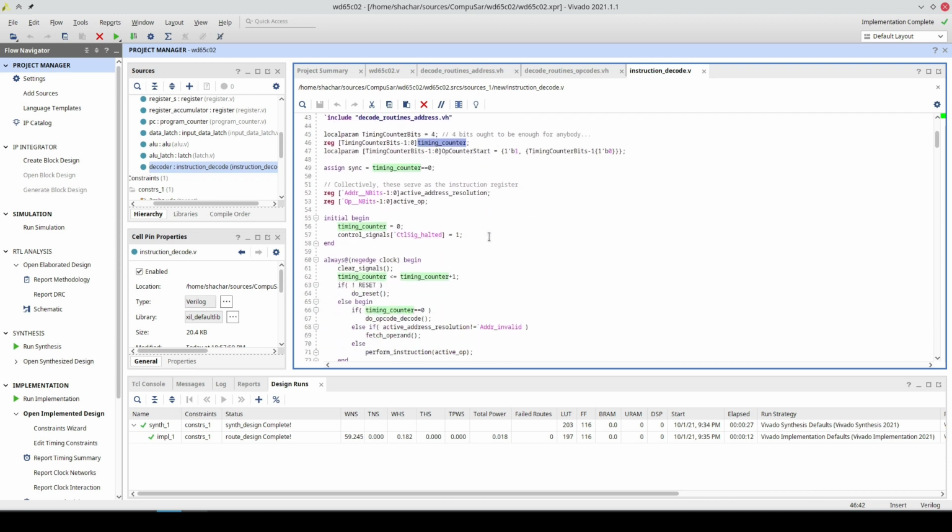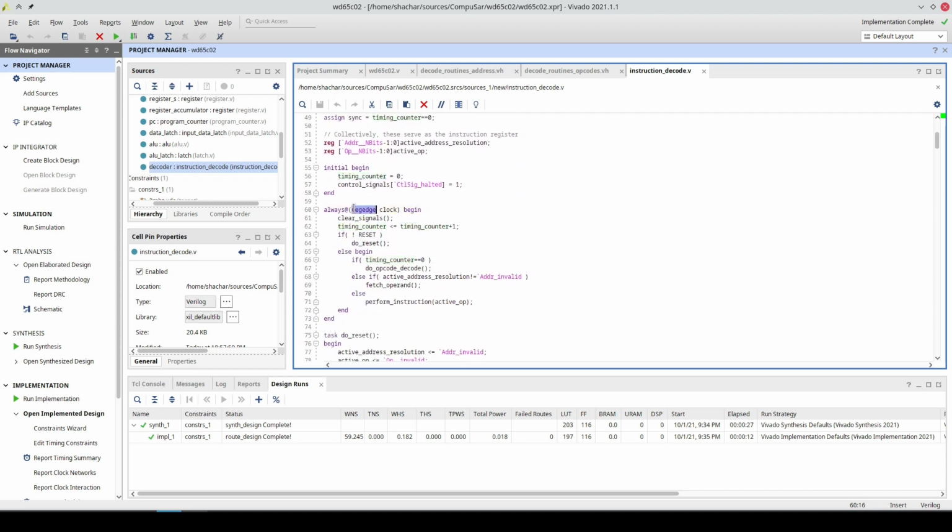What we see is that when we get a clock, specifically the negative edge, the falling edge of the clock, we check the timing counter. First, we check the reset line, assuming the reset is high, which means we're okay to execute.